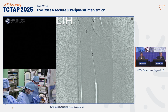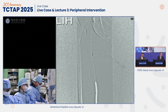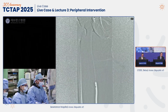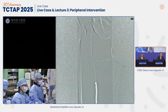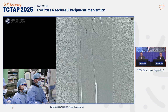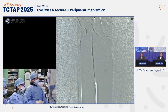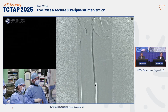We had the first impression that low dose paclitaxel DCB is a bit inferior to high dose, but we analyzed the data with the larger cohort, and it showed actually no significant difference. So actually, balloon, especially the low dose paclitaxel DCB has actually